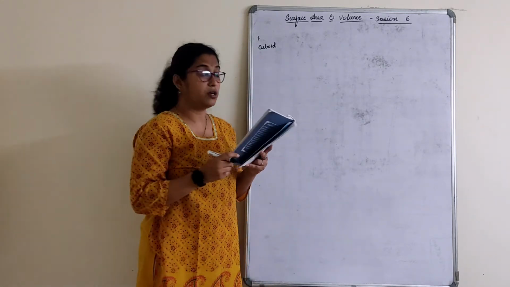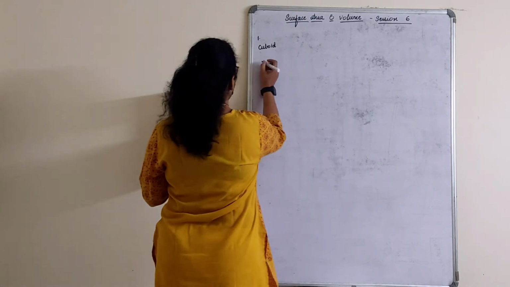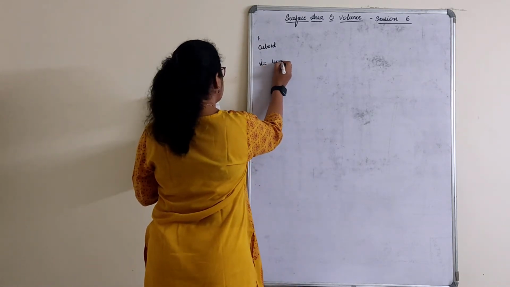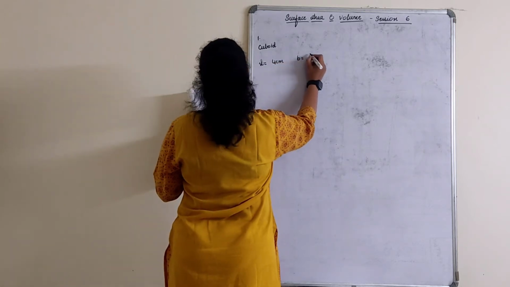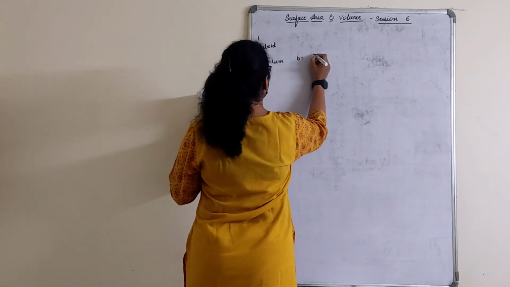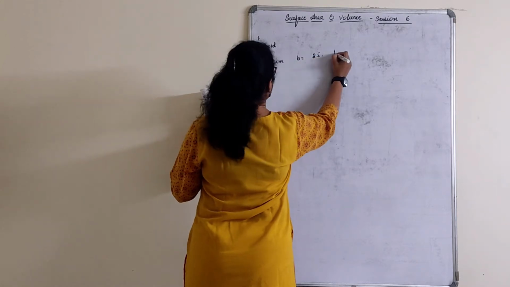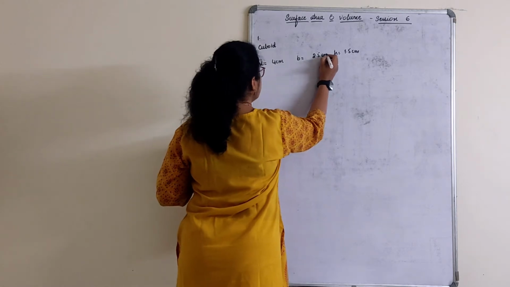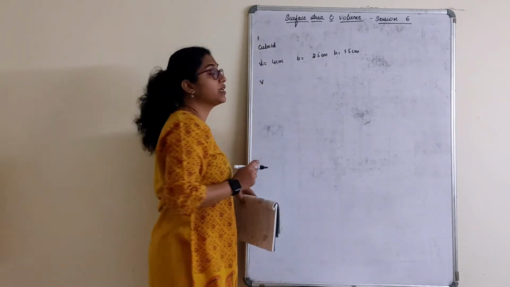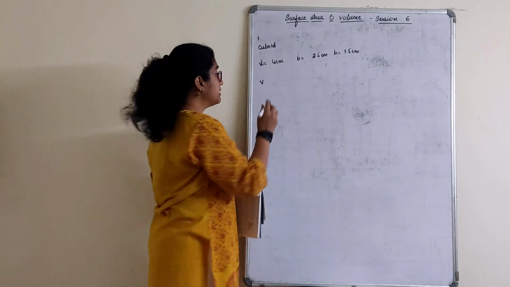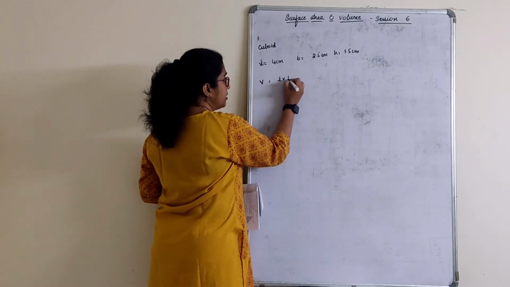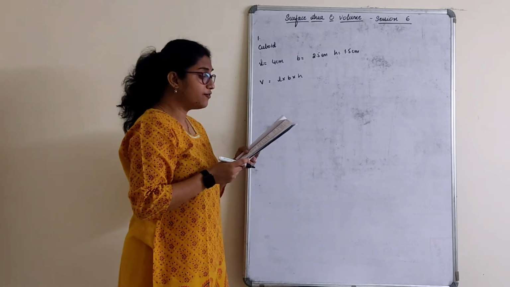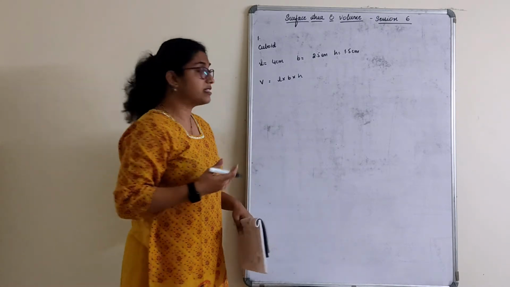containing 12 such boxes? So first what we will find here is length is equal to 4 centimeter, breadth is equal to 2.5 centimeter and height is equal to 1.5 centimeter. Everything is in terms of centimeter, children. Find volume. That will be the volume of one container. This is a homework actually. I am not solving it, only I am telling you. So, find the volume of the packet containing 12 such boxes.